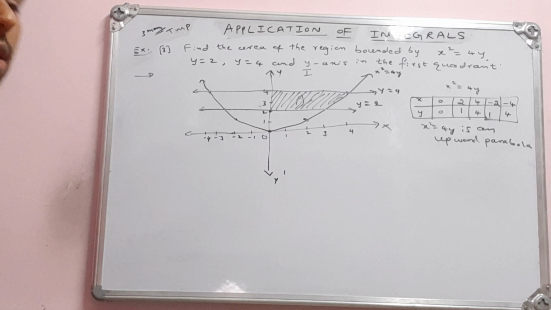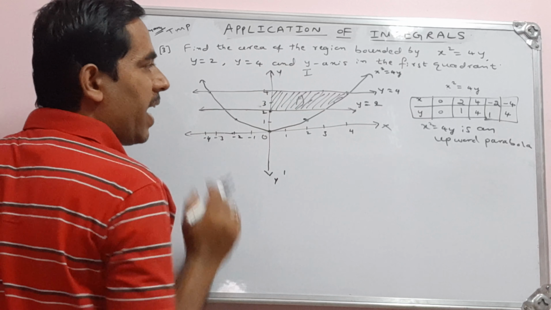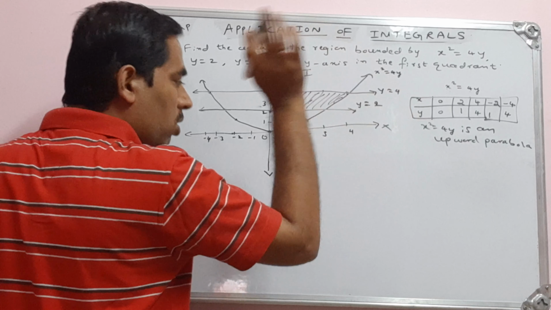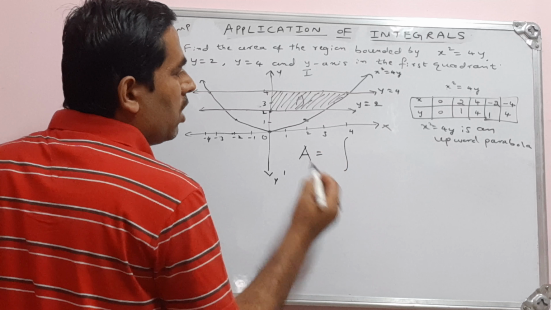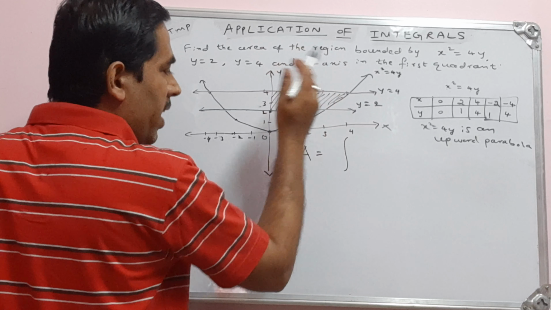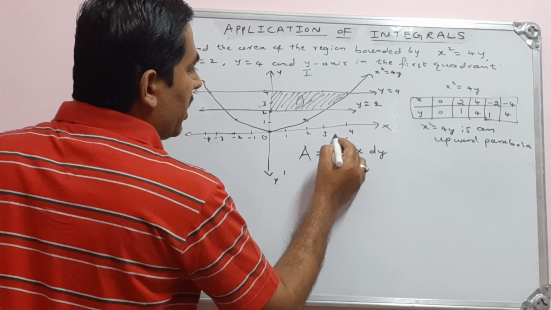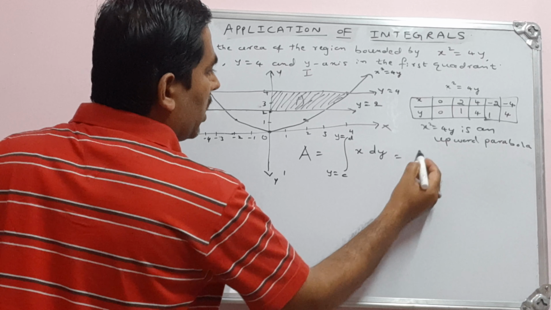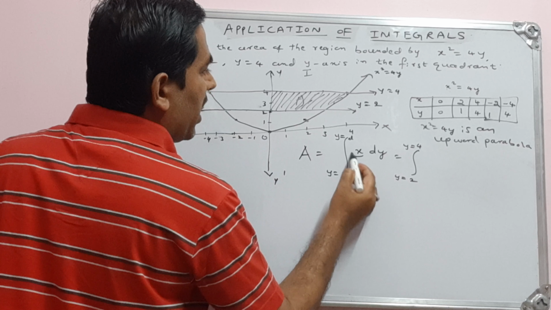So then according to the theory, we have to decide that it is the area bounded by y-axis. Okay, it is the area bounded by y-axis and the lines y is equal to 2 and y is equal to 4. So that required area is, according to the theory we discussed in our previous class, the area bounded by y-axis, not the x-axis. So what is that? Integration of x dy. Generally we write it like this, y is equal to c to y is equal to d, that is nothing but y is equal to 2 to y is equal to 4. See, integration of x dy.